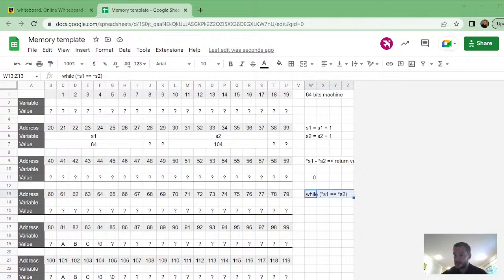And by the way, it's the same. While S1 minus S2 equals 0 is also not the right answer, because it's the same as while S1 minus S2 equals 0, right? Because in mathematics, you put the S2 on the other side, it's S1 minus S2, and then you have equal 0, right? So these two conditions are the same, and they are not the right ones because when you have the